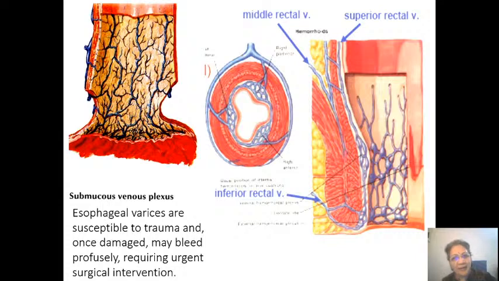In normal health, it won't look like this. They won't be dilated and visible. This is only when they've been opened up because of high pressure coming into them. So this submucous venous plexus will form esophageal varices if there is portal hypertension. Once they are like this, if the mucosa was in place, it would be raised. You can see it's raised like that because it's not forming a smooth round outline, but is raised